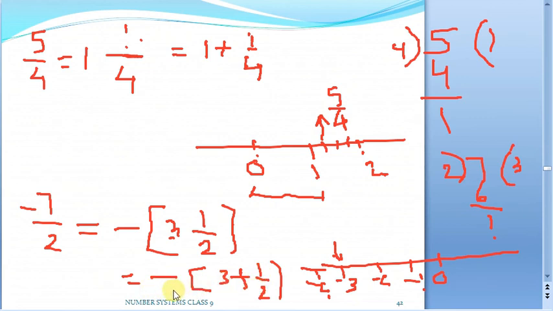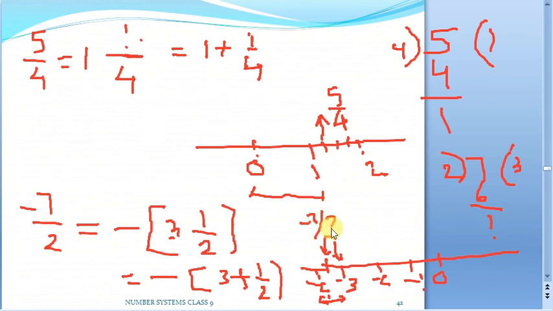If you want to expand it, we can, no problem. It will be minus 3 minus half, then it will be easier. Otherwise just keep it like that. We are already at minus 3 and we want an extra half. In between minus 3 and minus 4, we need only half. How many parts do we need to make? Our denominator is 2, so we make 2 parts. If you place one line exactly in the middle, the region will be divided into 2. We want only one part. We are already here, we take one more part here. So out of these 2, you will be getting minus 7 by 2.